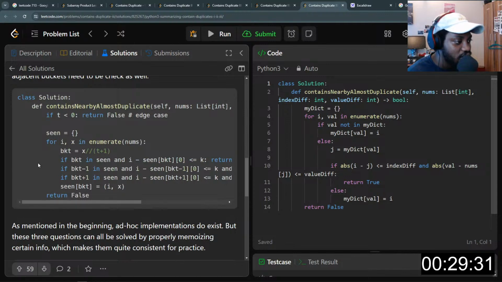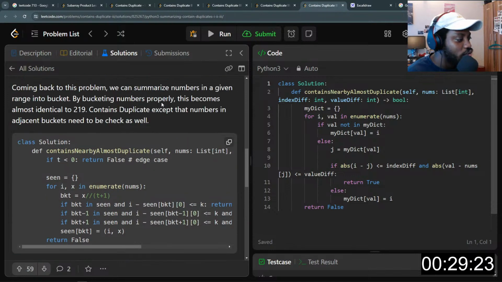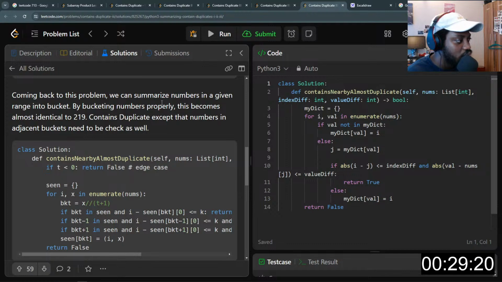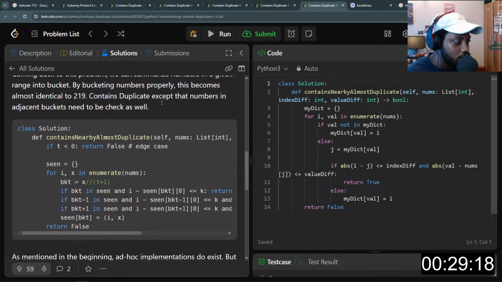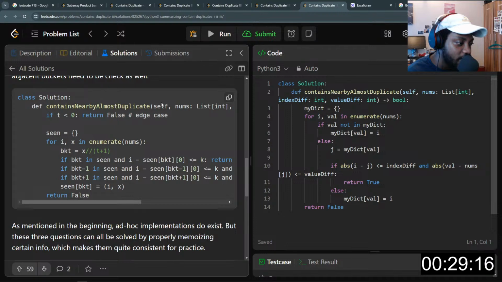Okay, we change it to t. Contains nearby almost duplicates. Sin is equal to this, x, i in enumerate nums. The bucket is equal to x.